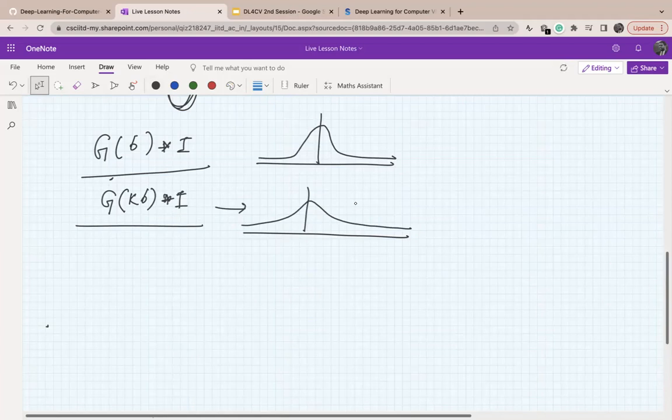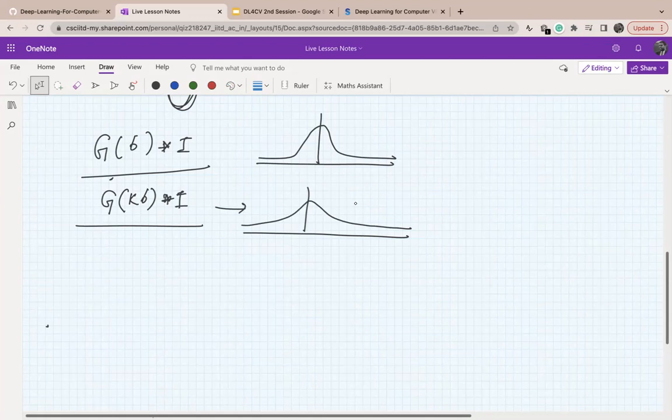And we know that when we are smoothing an image with a Gaussian filter, the more we increase the sigma, the blurrier the image gets, and it is harder to detect the edges in that image. But for this SIFT, what we will do is take an image